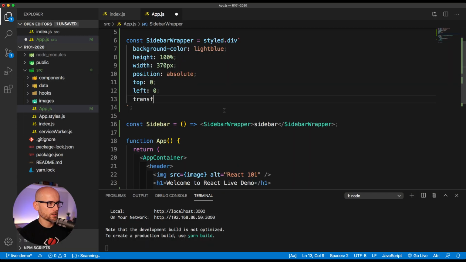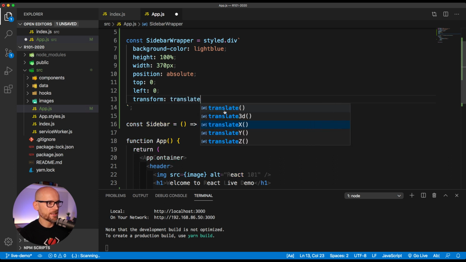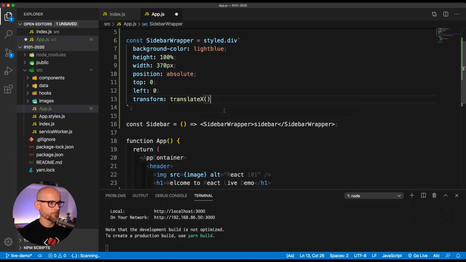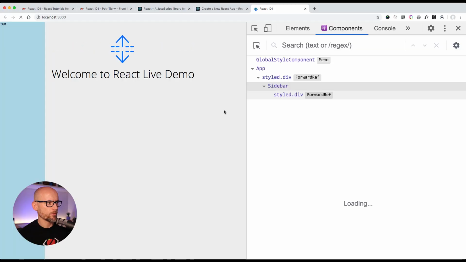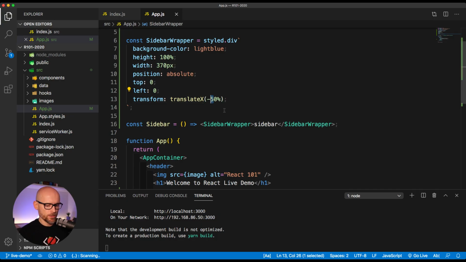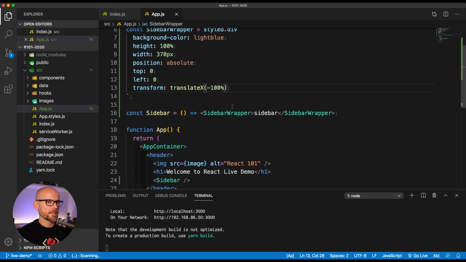Okay, we'll use the transform translate X minus 100%. That will move it off screen. I'll do it just 50 so you can see where it's moving it to. It should be halfway gone. You see how it's halfway. And now we'll move it to 100. Okay, now it's completely off the screen. And when it's expanded,